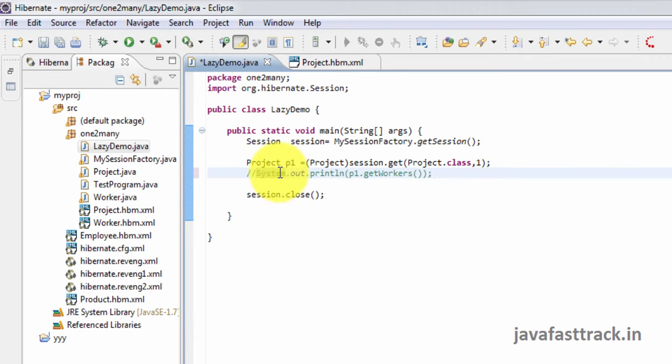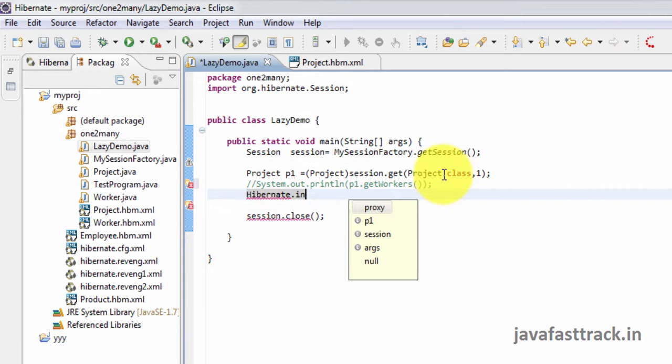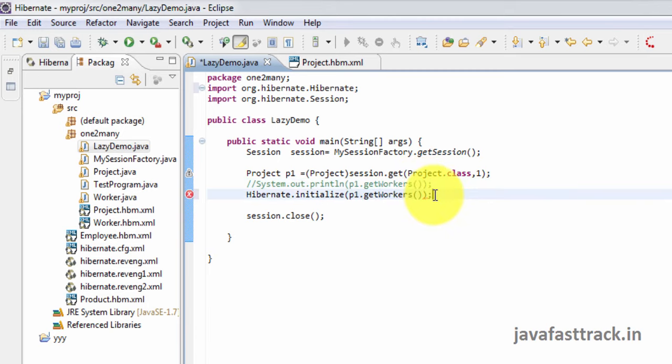If you don't want to use the associated object, but still want to initialize the data, we have a method called Hibernate.initialize. If you want to explicitly initialize any uninitialized object, then we can use Hibernate.initialize and pass the set. Project.getWorkers returns a set. You can initialize that.